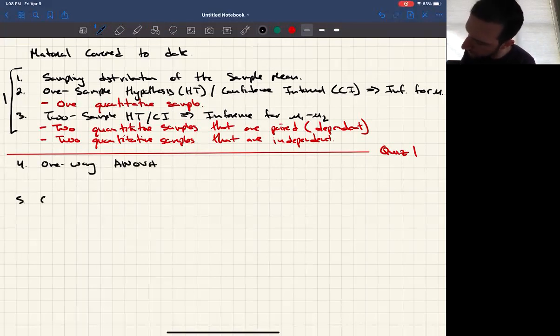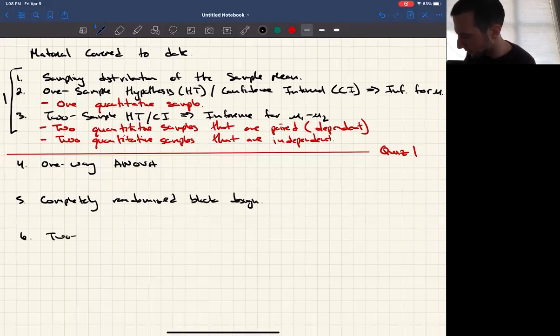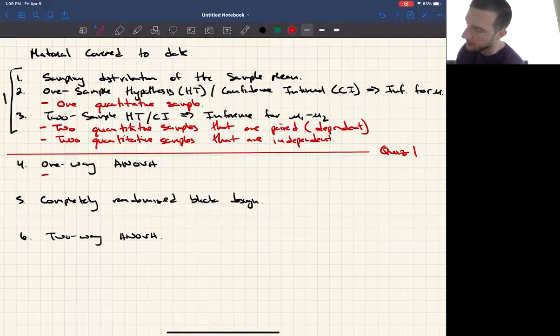We had the completely randomized block design. And then we had the two-way ANOVA. Okay, now, admittedly, choosing between the block design and the one-way ANOVA would probably be the trickiest. Well, the block design and the two-way ANOVA is also kind of tricky, but okay, so with one-way ANOVA, we